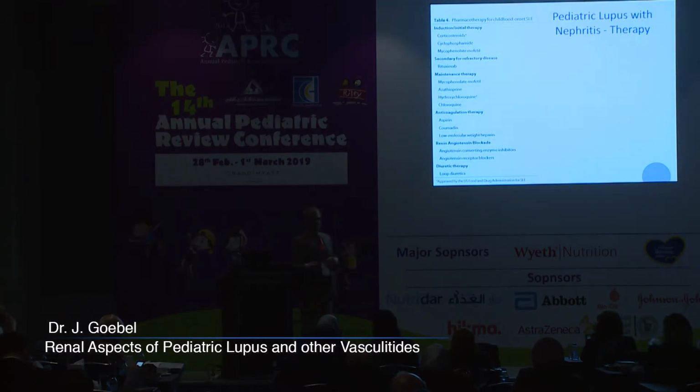I don't have time to go into the details of how lupus, especially based on what type of WHO class you find histologically, if there's renal involvement, how that is treated. The rule of thumb is obviously, at least initially, there's always a fair amount of steroids in the mix. And then if there is significant, i.e. proliferative class 3 or class 4 lupus nephritis on biopsy, then that steroid therapy needs to be augmented with some type of anti-proliferative therapy, which historically was cyclophosphamide. Almost historically, a little more recently, it's been shown that cyclophosphamide is essentially equivalent to mycophenolate mofetil or MMF or Cellcept, which is a little better tolerated,